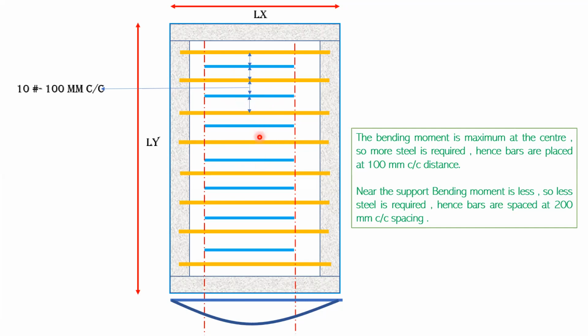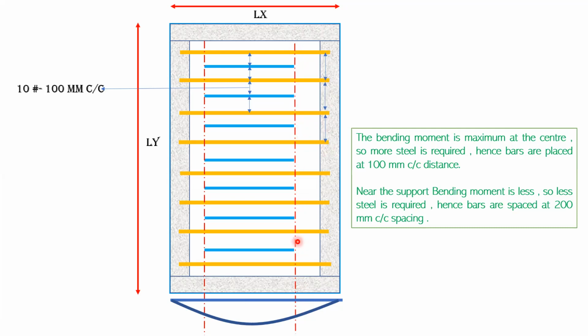And from the analysis, you can make use of ETABS or STAAD software, or even with the help of an MS Excel sheet, we can do all this calculation. And from that calculation, let us say this is the answer I've got, that in this particular slab you need to provide 10 diameter bar at 100 mm center to center spacing, right? Now we'll come to the bars which are near the support. These are the bars which have gone throughout. So these are the bars which are near the support.